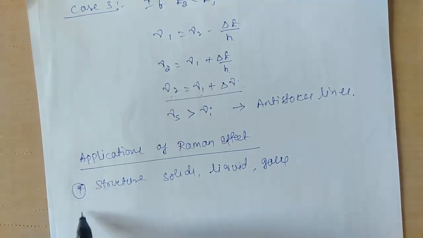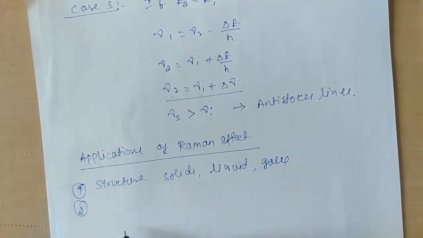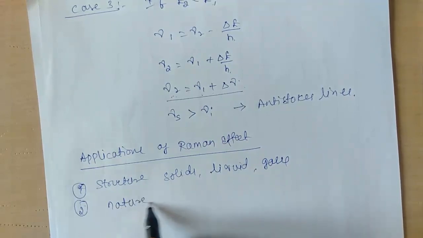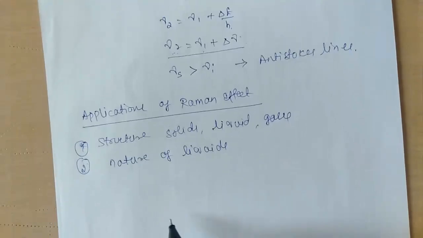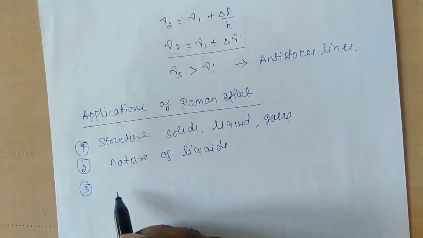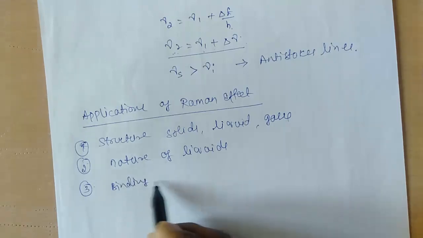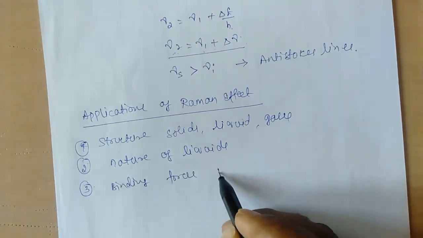This is the first application, and the second application is, it is used to study the nature of the liquids, and the third application is, it is used to study the binding forces in crystals,